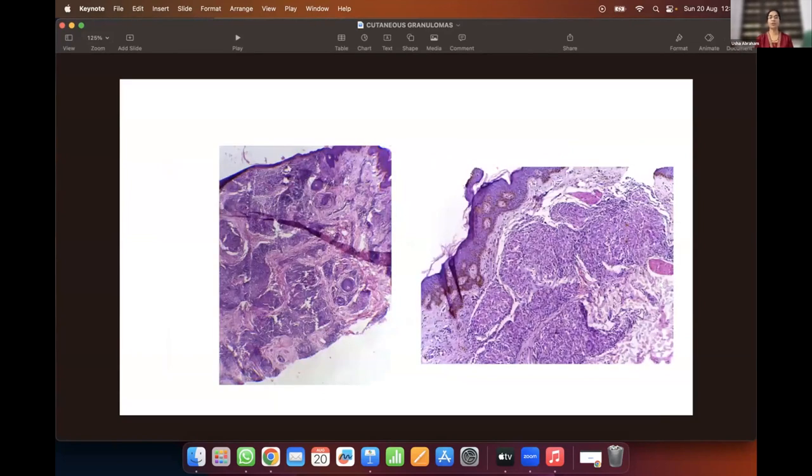Coming to the histopathology. So here we can see that I'm only dealing with the tuberculoid leprosy because we see these granulomas in tuberculoid leprosy. So here we can see that the epidermis is thinned down in this area. You have granulomas in close approximation with the epidermis, and you can see them extending downwards up to the deep